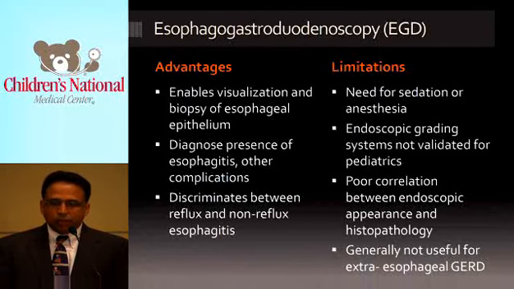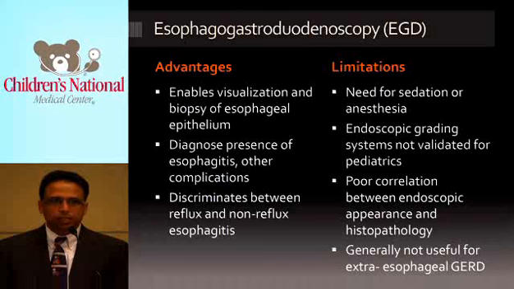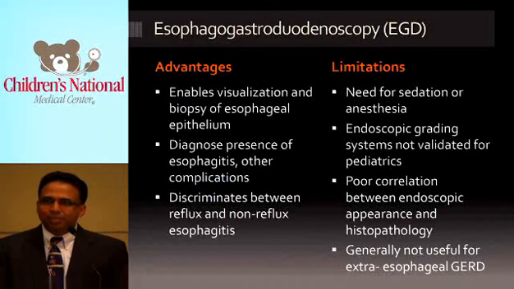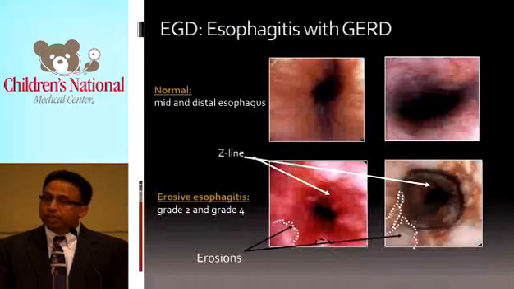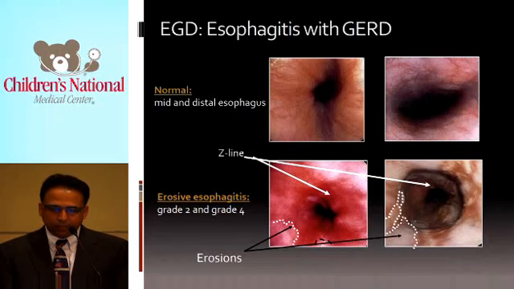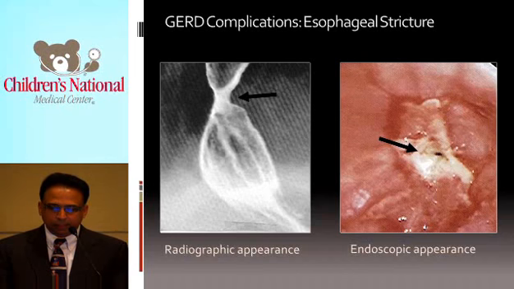The last test that we often use is an upper GI endoscopy. The advantage of this test is that it looks for underlying causes. This is the bottom line, we do the endoscopy. Not only that we are gastroenterologists, we like this procedure, but also because this gives us the underlying reasons for reflux: food allergy, H. pylori infection, etc. We also can see consequences of reflux, such as esophagitis. So you can see in a normal person there is no irritation here, whereas if you have esophagitis, you will see more irritation and consequences of reflux. We also can determine if there are findings such as stricture or Barrett's esophagus.